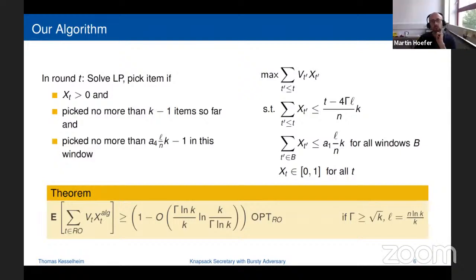Yeah, interesting. More questions? Yeah, go ahead. Do you expect that this is a strictly harder model, in the sense that there is some downward closed set system for which you can get a constant competitive algorithm in the uniform random arrival model, but no constant competitive algorithm in this sort of arrival model? Or do you somehow expect that if you have, say, a matroid with a constant competitive algorithm, it will probably also extend to this setting?